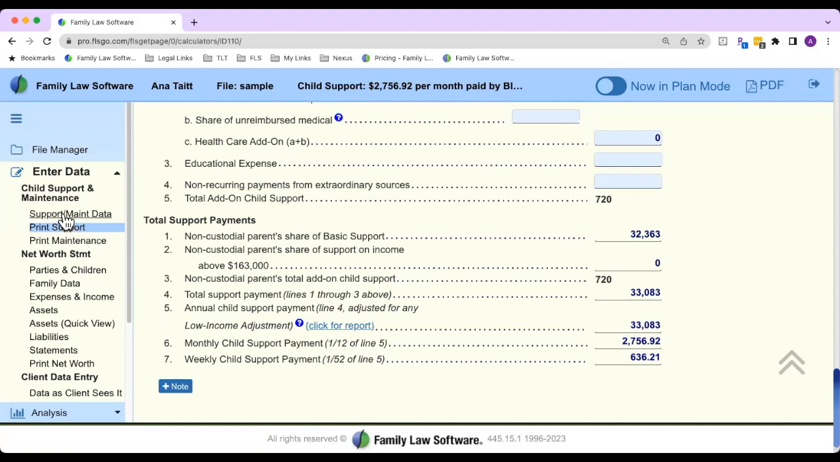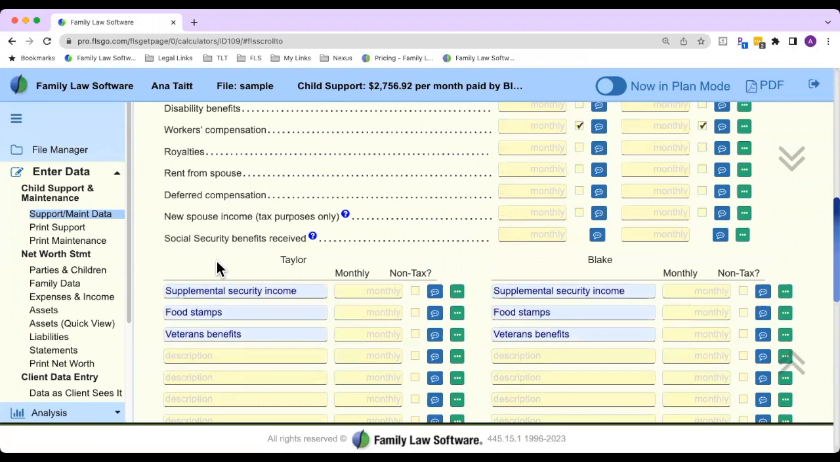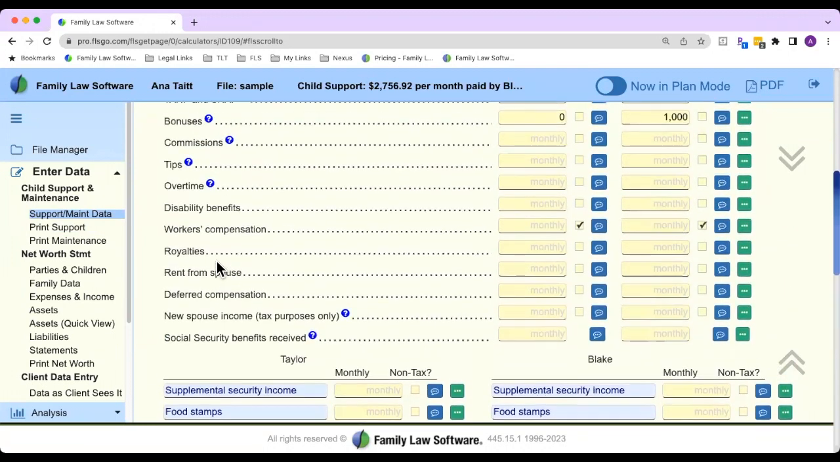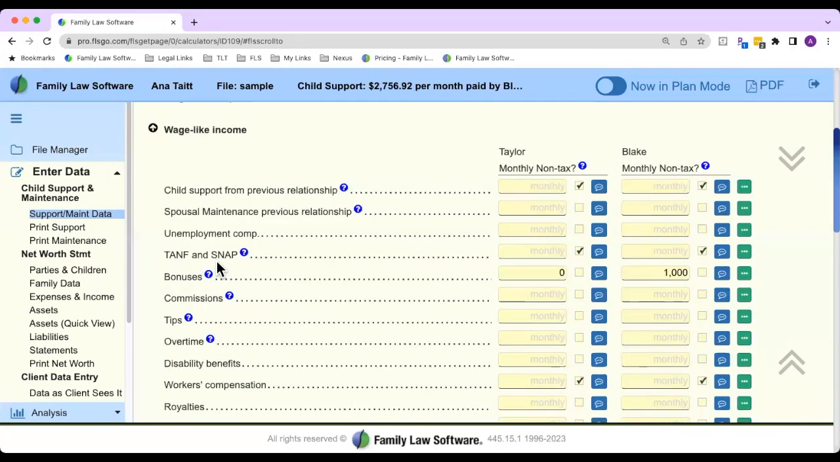So we're going to go back into the calculator and we're still at the cap and income section. So our next folder is another income section. So let's go here. Why does family law software ask for income on so many lines? It's because we're constantly tax affecting that income. So you want to put it on the right line. Let us know if it's taxable or non-taxable. And that's going to be really great for net cash flow analysis because